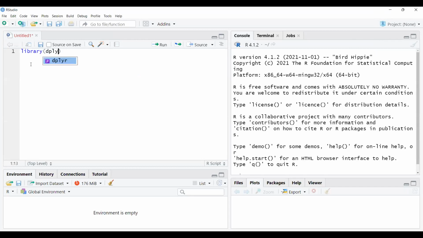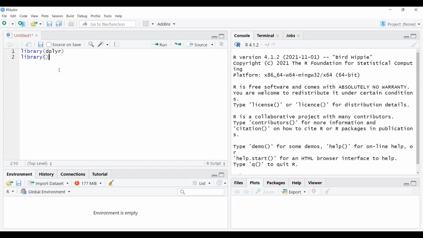I hope you understand the difference between import and install. Install is a one-time process. You need to install it once, but you need to import it every time you are using it. So this import should be in your code, which is library dplyr, and then library